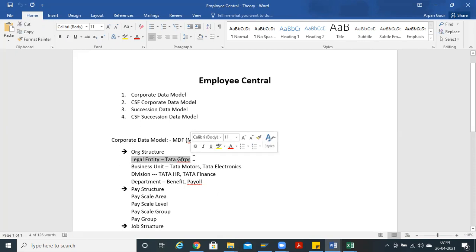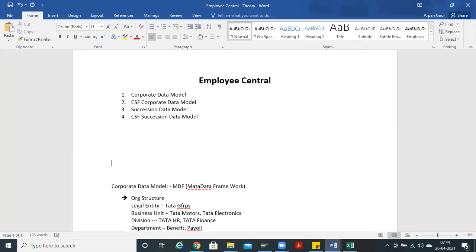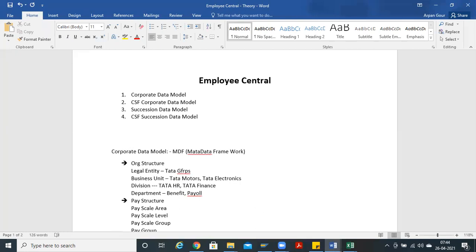The legal entity is given to you by the company, whatever they want to define. Some company says the legal entity is Tata Group. You don't know the org structure. If you attend the core HR class also, they will have Tata. In the first class only I explained to you, Tata will have Tata Finance and Tata Electricals. These are business units. It is not the same. These are defined by the company. You have to ask the company.